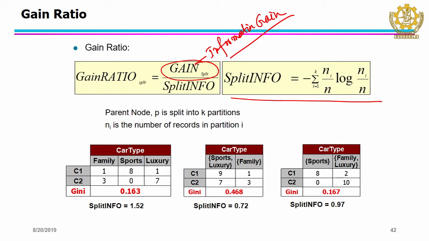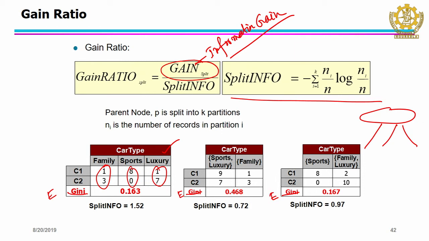Now, you have 3 scenarios here, you can check. What are those 3 scenarios? One is cut type, where we partition it into 3 parts, so we will have nodes 1, 2, 3. This node has 1, 3, another has 8, 0, another has 1, 7. Now, you compute, this is not Gini, actually it should be entropy. What will be the overall entropy? The overall entropy will be lesser than in any other case, that is right. Let us say instead of Gini you consider entropy. So, entropy is 0.163, this is also entropy, and this is also entropy.